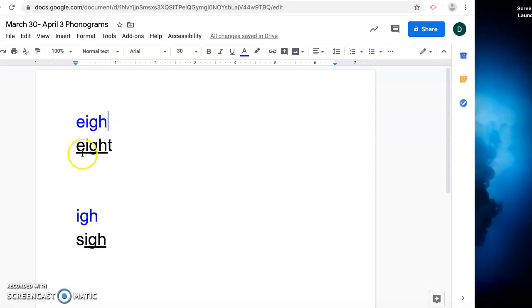So look at these words. We have A, the four-letter A, and I, the three-letter I. Please go ahead and think of your own word that has the phonogram A, the four-letter A, and I, the three-letter I, and go ahead and write it down on a piece of paper. And each day think of one word that has each one of those phonograms.